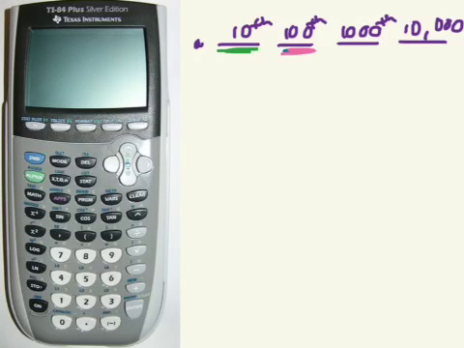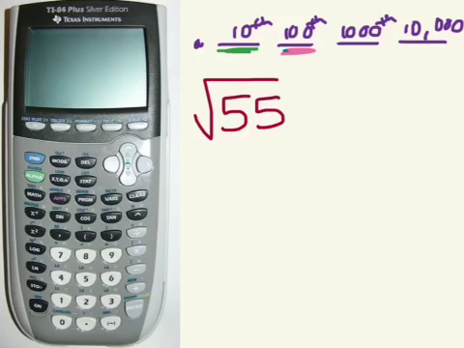Okay, the next problem I'm going to try is the square root of 55, and I need to round that to the hundredths place. So here's what it looks like, square root of 55. First I need to solve that square root, so I'm going to use my calculator again. After I turn it on, I'm going to need this square root key, but because the square root symbol is blue, I need to press my blue button first. So second square root symbol, and then I'll type in my 55,